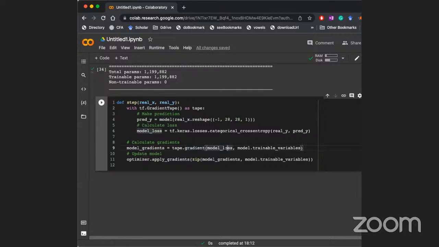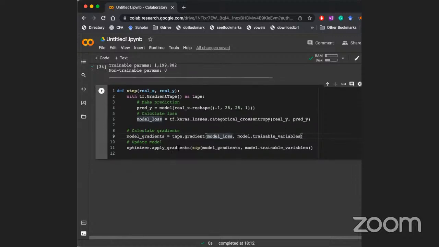This is the list of all the trainable variables inside the model, the weights and biases, etc. And then model loss is the function which you want. This is your y and this is your x. dy by dx is here. Now you have to apply these gradients to the